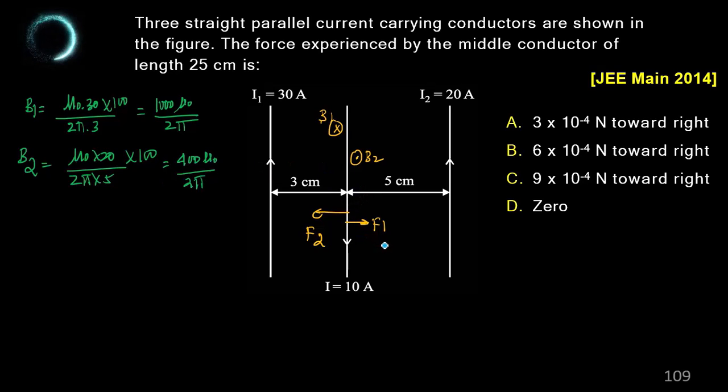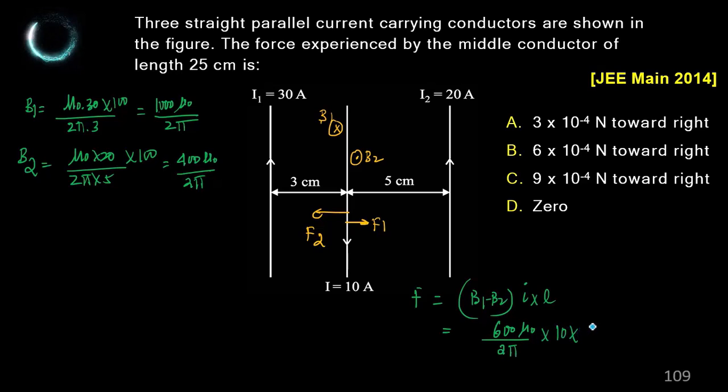So force is how much? B1 এর জন্য বেশি হবে, B2 এর জন্য কম হবে। So force is basically B1 minus B2 into I into L. So 1000 minus 400, 600 mu naught by 2 pi, I কত আছে? 10 ampere into L is how much? 25 cm, 25 by 100, এইটা উত্তর।